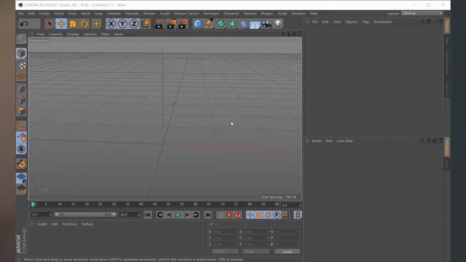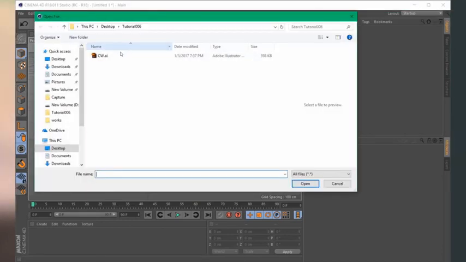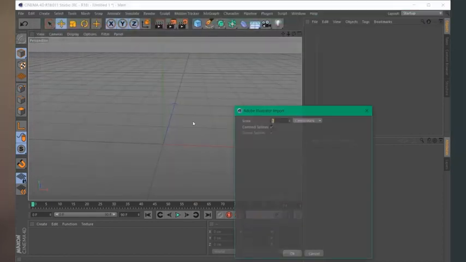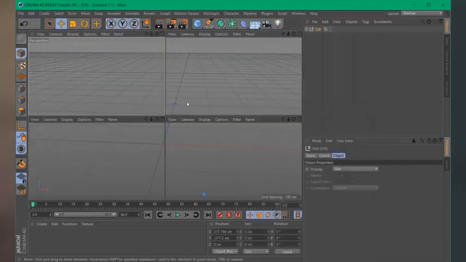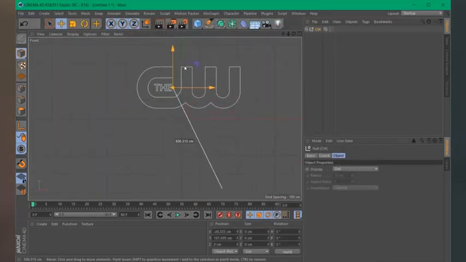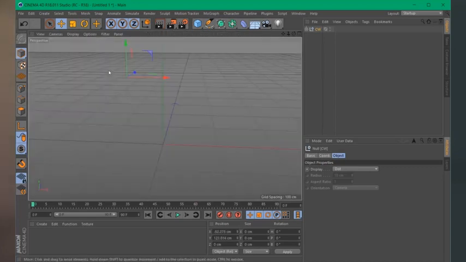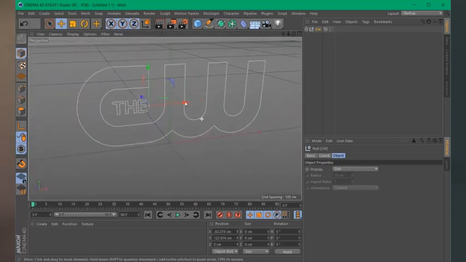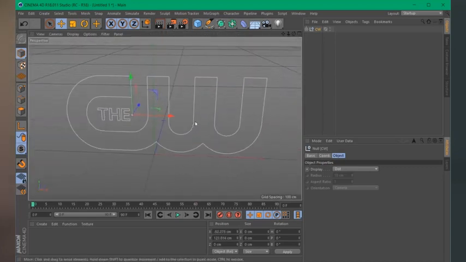Okay, so here we are in Cinema 4D, and first we need to create the CW text. So I recreated the text in Adobe Illustrator, and Cinema can import the .ai files. So let's choose File and Merge Object. Select this file, and you can also download this file. I put the link in the description. Okay, so this is the text,